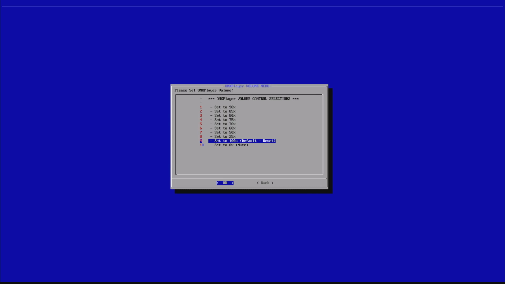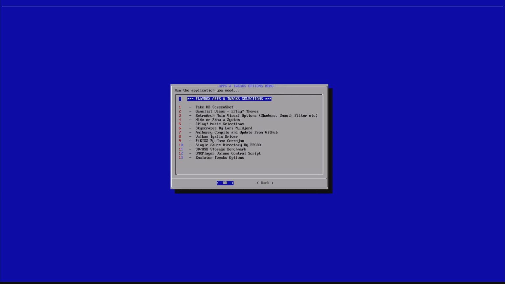You can set this, and it will affect every reboot. So once you set it, you can forget it. Then 100% is the default, and then 0 is where you mute the total volume. Now the last one, we have the emulator tweaks, which is a sub menu,